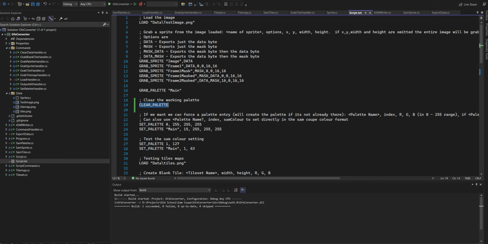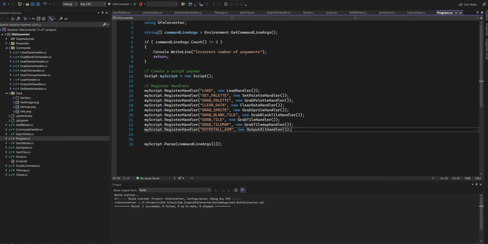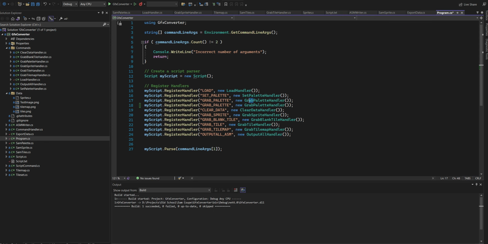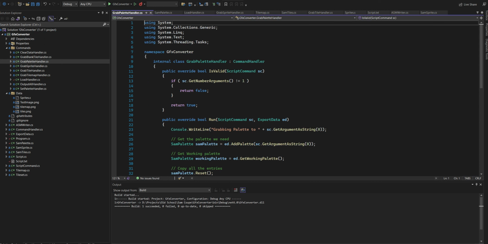This might be useful if you want to start generating your own palette again, and you only want 2 colours in the palette, for instance. You can clear it and then just set the 2 you need. So we can quickly add that as well. Add the command in here. And it's going to be very similar to the